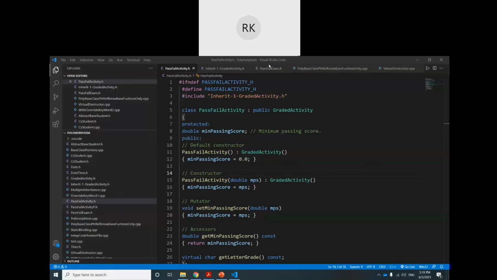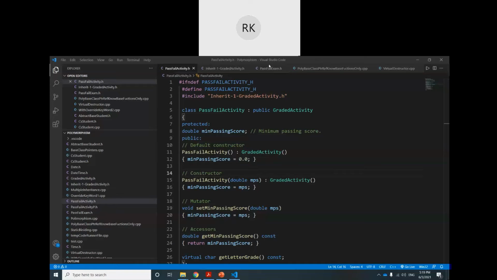It means that every grading activity is not a final exam. This one only accepts a final exam, and if you try to assign a grade activity, it cannot work. The compiler will give you an error.